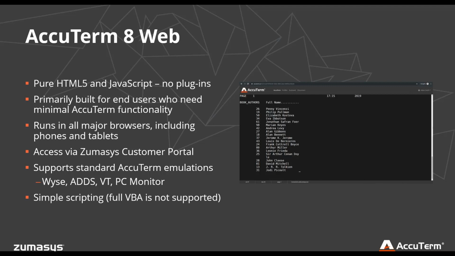The web version has the standard terminal emulations that you're used to in AccuTerm Desktop. The WISE 5060 adds Viewpoint, Viewpoint Enhanced, all of the VTs, PC Monitor. There are some more obscure emulations that are not supported in this, at least not right now, like Viewpoint 60 and Prism. There are very few people that actually use those, and if we find a case where we really need them, then we may be able to add them on. But at this point, the standard ones, mostly Viewpoint, are working great.